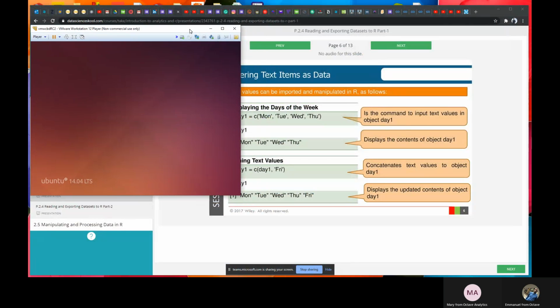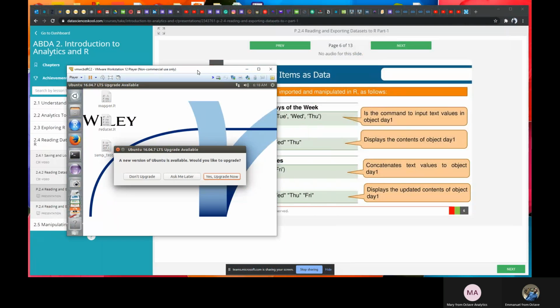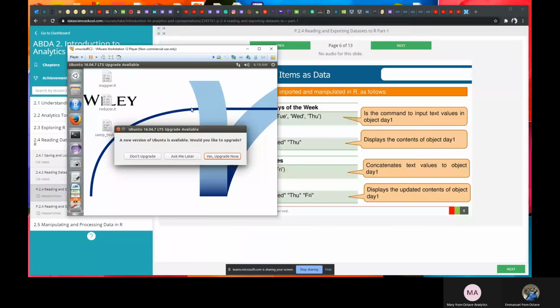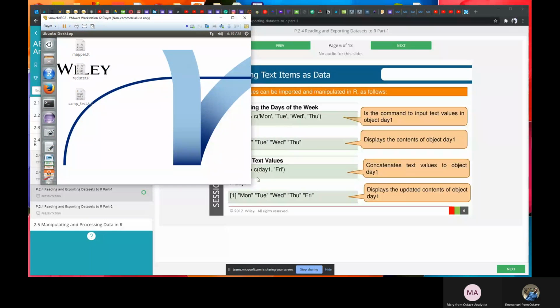So what I'm trying to say here is that day one was Monday to Thursday, but now I said day one is now combined day one and Friday. So day one is no longer Monday to Thursday, day one is now Monday to Friday because I've concatenated day one with Friday. Let me open my RStudio for my virtual lab,